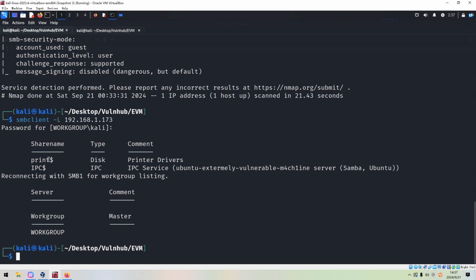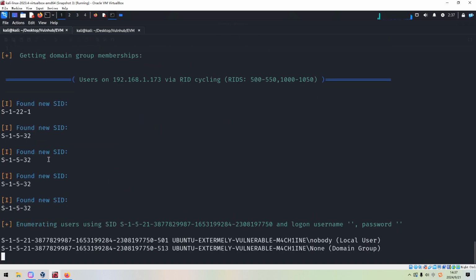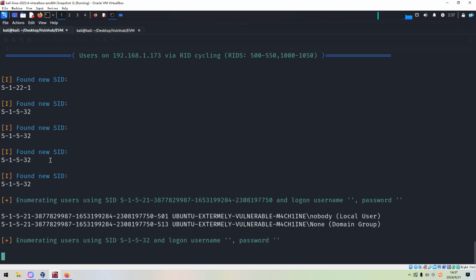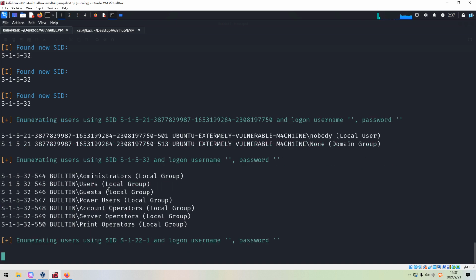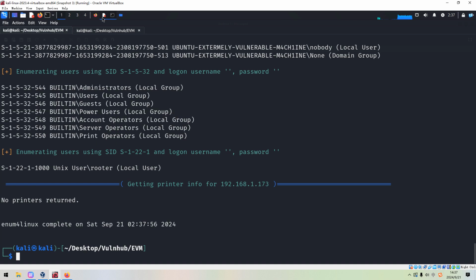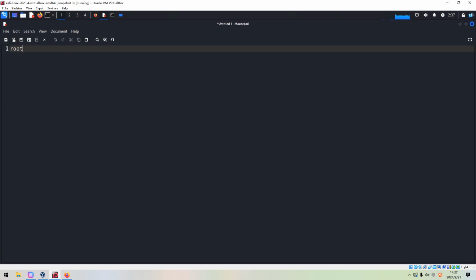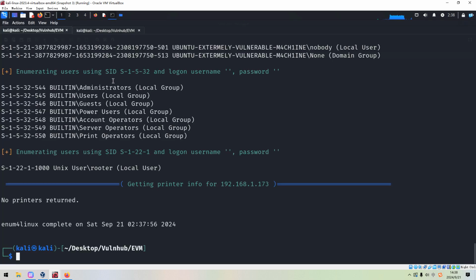So what do we have to do next? In terms of Samba service enumeration, we can use enum4linux. Press enter. Usually we can take this utility or this command to enumerate possible usernames information. For example, in this case, we can get the username is Luther, and we can note down such information onto our notebook.